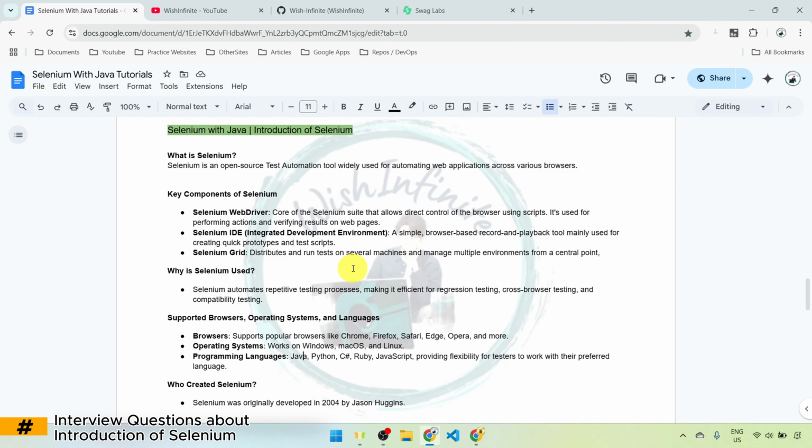Let's see some of the interview questions which may come from this theoretical part. The first question which may come from this theory is: what is Selenium and why is it widely used for automation testing? You can answer it like: Selenium is an open source test automation tool for automating web applications across various browsers. It is widely used because it allows automation of repetitive tasks, making it ideal for regression testing, cross-browser testing,